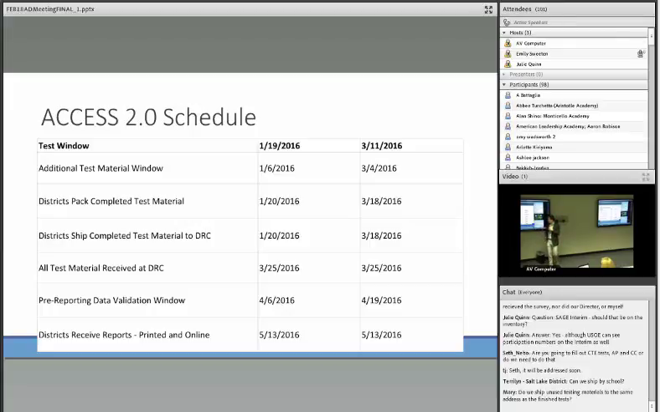Okay, question, Emily? So first question was, do we ship by school? The process is the same as it has been in previous years. The expectation is that this will all be done at the district or at the LEA level and then sent back to DRC. And the other question was,